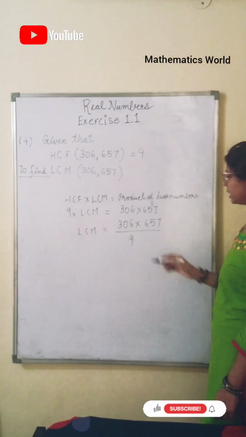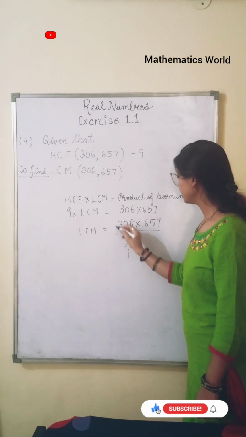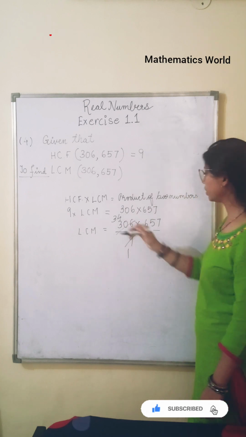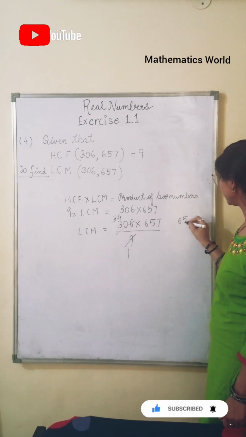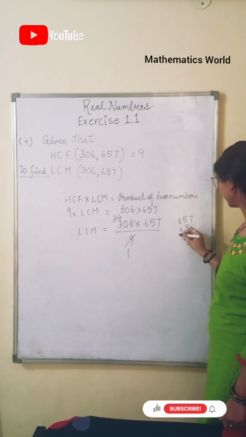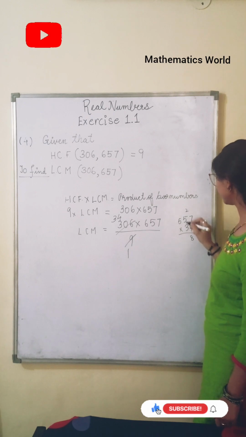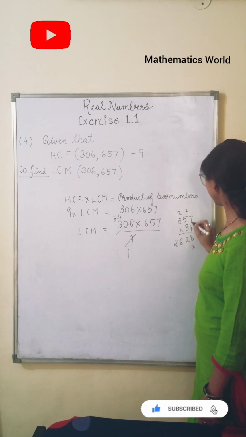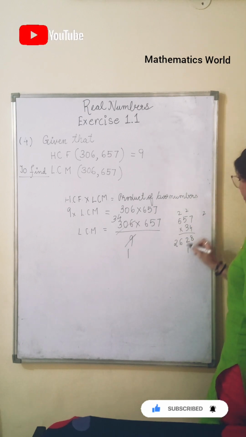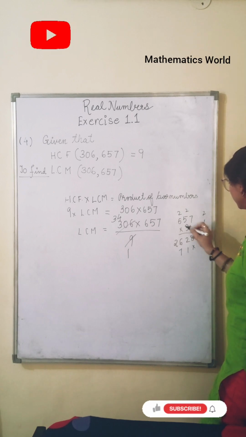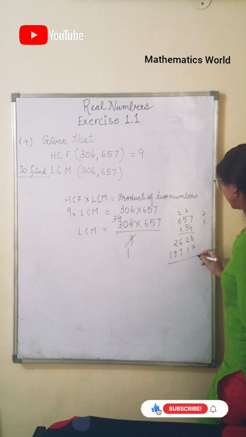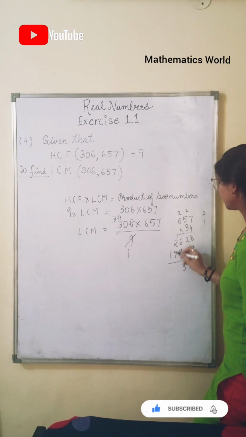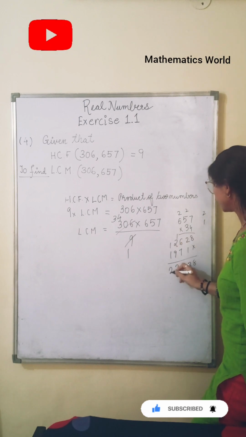So 9 3s are 27. 9 1s are 9. 9 3s are 27. 9 4s are 36. So you have to multiply 34 into 657. 4 7s are 28, 2. 4 5s are 20, 22, 2. 4 6s are 24 plus 2, 26. 3 7s are 21, 2. 3 5s are 15 plus 2, 17, 1. 3 6s are 18 plus 1, 19. So 8, 2 plus 1, 3. 6 plus 7, 13. 9 plus 2, 11 plus 1, 12. 1 plus 1 is 2.